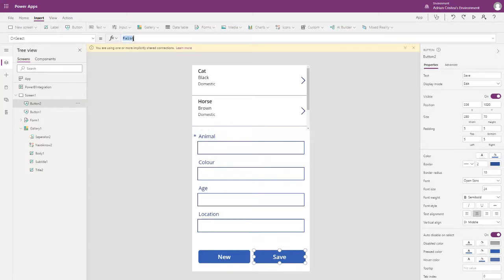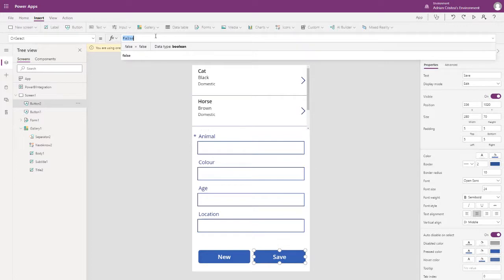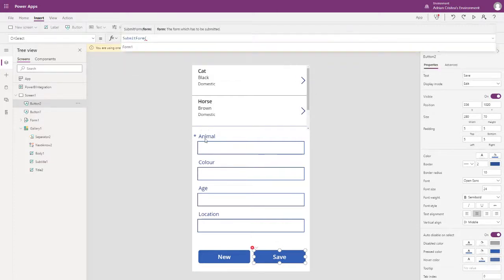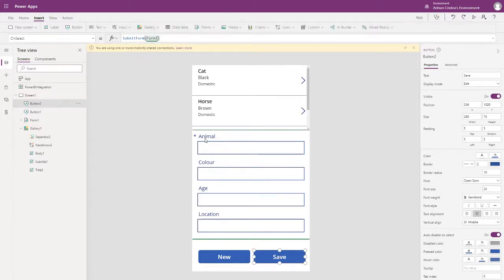Save is pretty similar. So saving means whatever is in this form, we need to submit that. And you guessed it, there's a submit form function. But now, if we only use submit form, it will definitely save the data back to the data source. But what it won't do